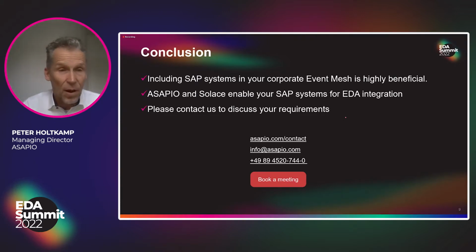We're both SAP partners, so we both have products inside SAP that are built in very close collaboration with SAP. And I think this is the reason for success. That's the reason why we can operate in a very well-aligned way with our partner SAP, with Solus, and make this a very successful product approach.